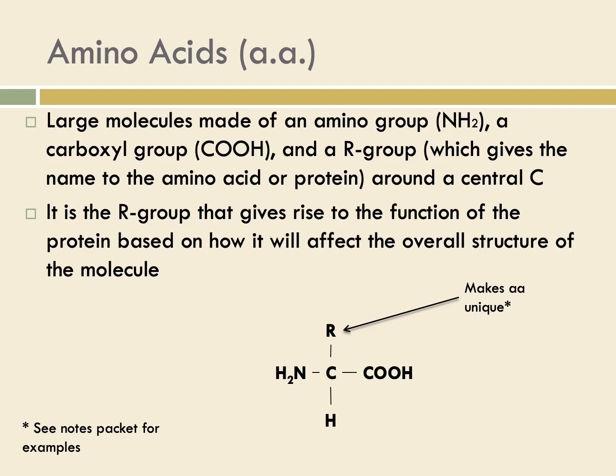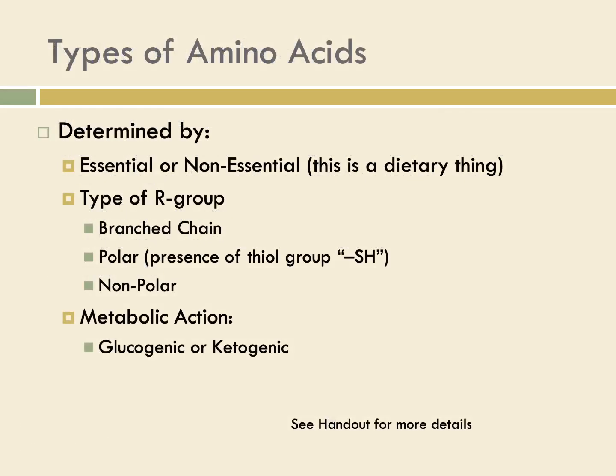When we talk about amino acids, we determine them based off of the dietary components, meaning do we need to consume them in order to have them available to us, or can we go about synthesizing them? If we cannot synthesize them, they are essential. If we can synthesize them, they become non-essential. The non-essential amino acids usually get made off of carbohydrates as their central backbone, and then get aminated during the